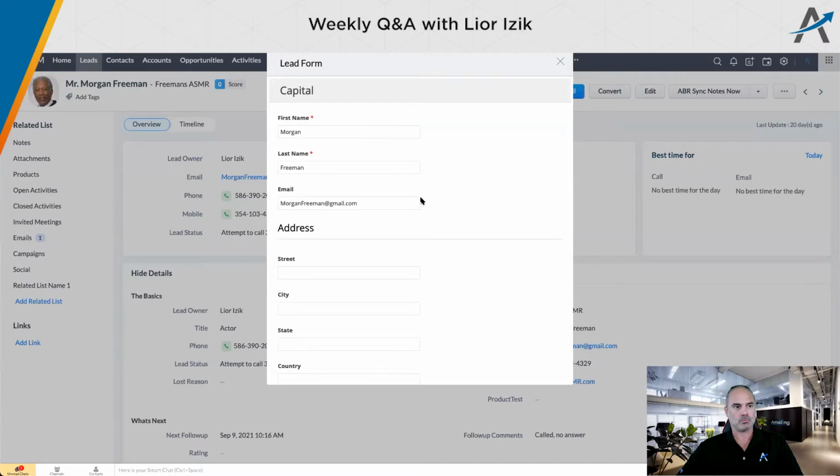So the first thing is that we are able to inject data to the widget. So we are getting, for example, the name of this lead and the email. So this is coming from this record. So let's say that we are going to work with a third-party app, then we can get data while the widget is loading and send data to that specific app.